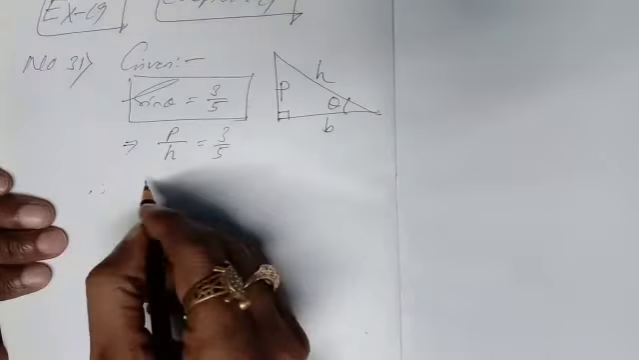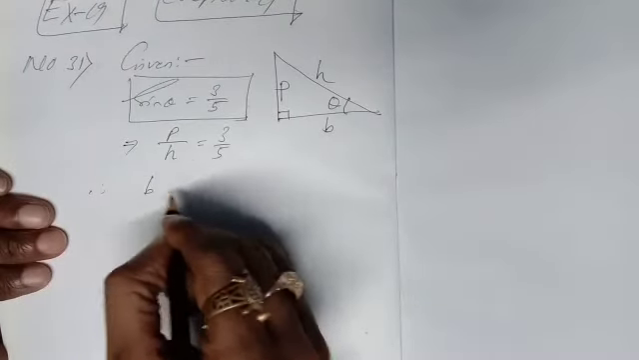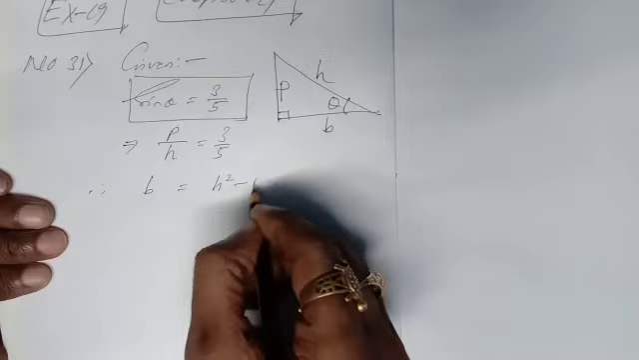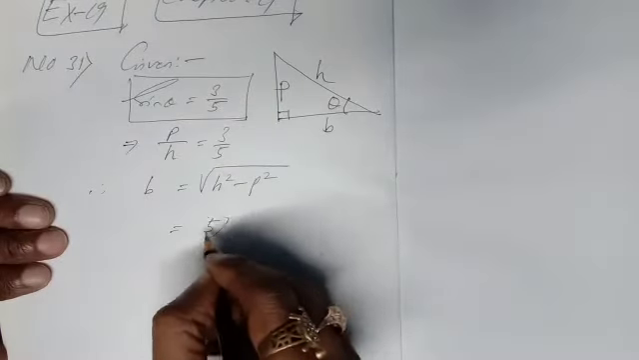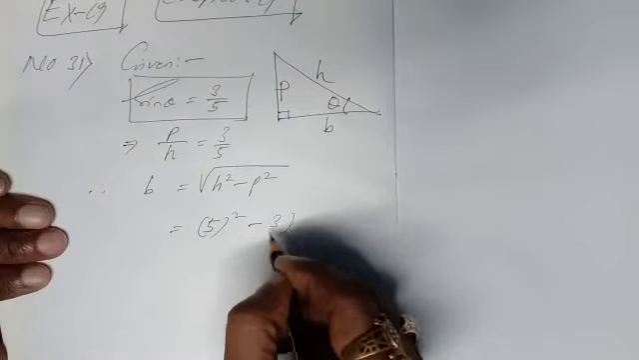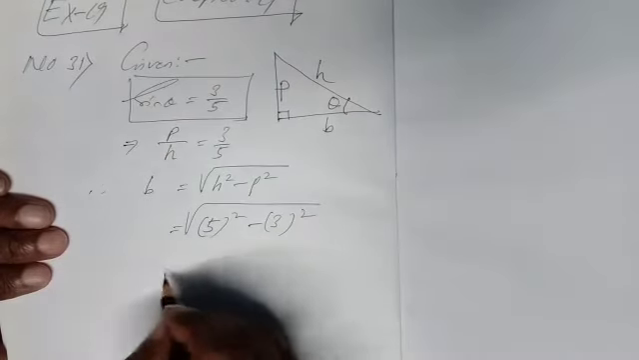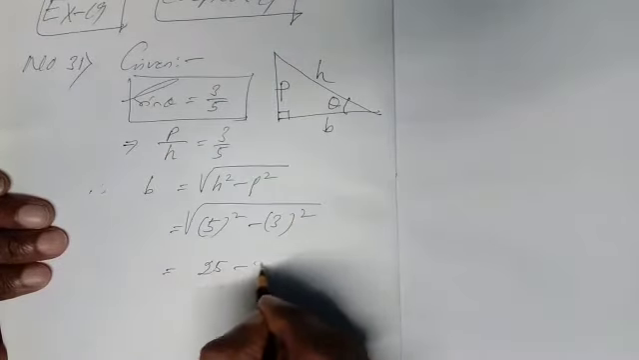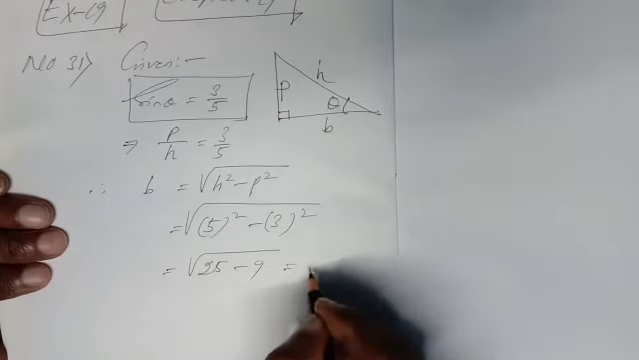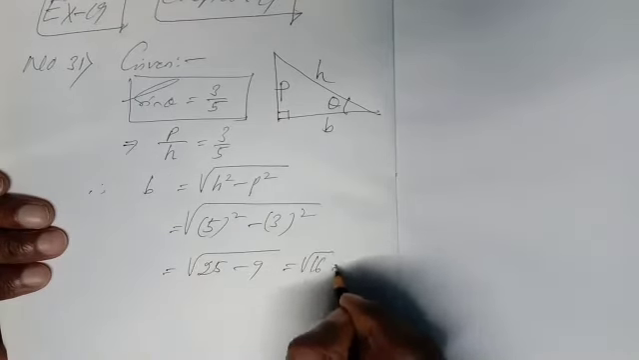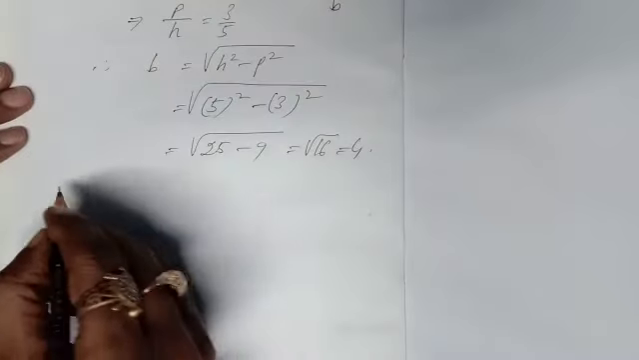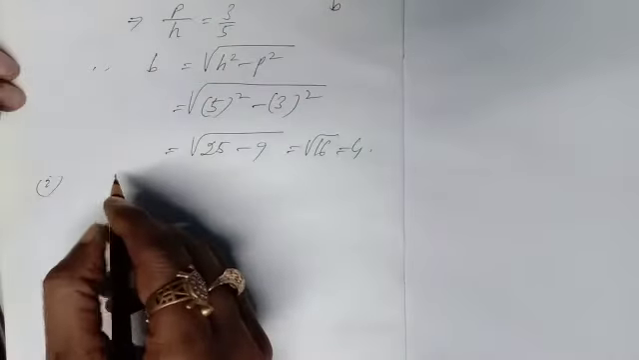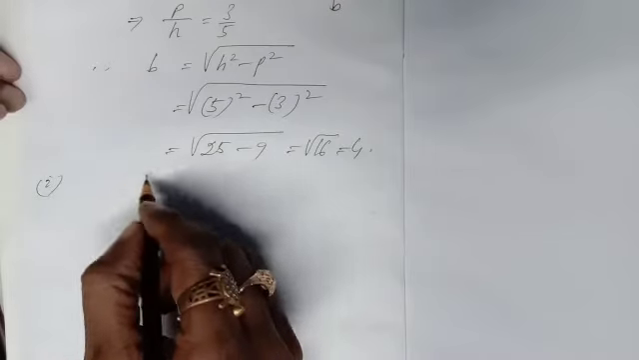Therefore, you can find base B easily: B is square root of H square minus P square. Here H means 5, whole square, minus 3 whole square, root over. 25 minus 9 coming 16. Root of 16 is how much? 4. Okay. After finding cos theta, the first part of the question asks to find sin theta minus cos